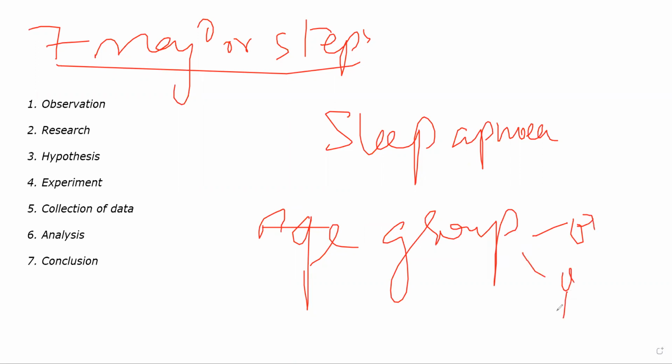Let us suppose that is what you are trying to find out, and you are even trying to categorize it based on age. So for example, how many patients are there in 0 to 18 years, how many in 18 to 60 years, and how many in 60 plus. You are creating 3 categories. You go to the hospital administrator and tell them, see, I have this experiment that I want to perform. I want to find this data, and if possible, I want to publish this data. You can make it a research paper. You might get permission for the pilot study.